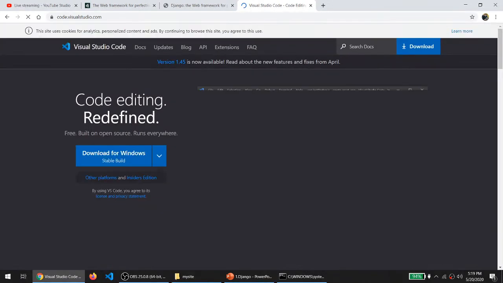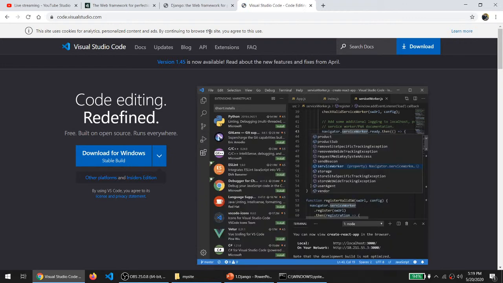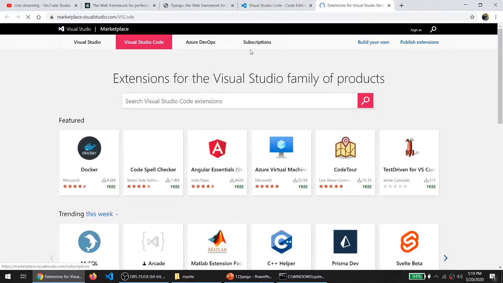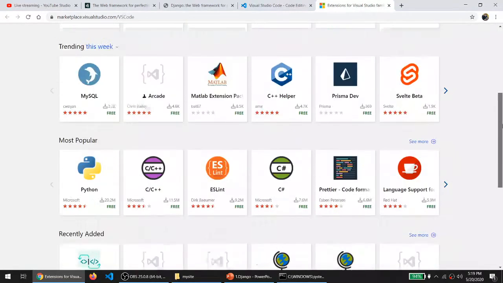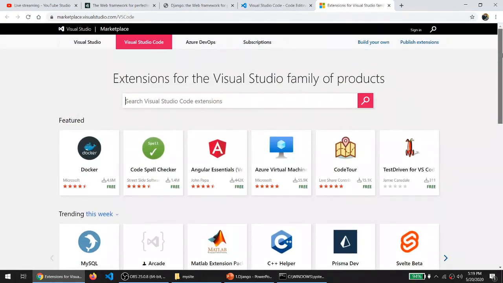You can use it for any language like C, C++, PHP, Node, Java, Python. And one more thing, with the help of extensions, we can turn our editor into an IDE. You can see the Python extension is there, and you can simply install it in your VS Code.